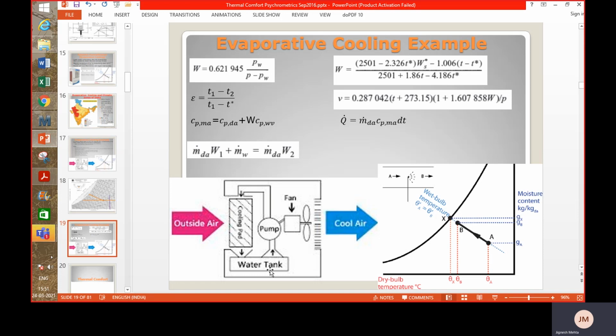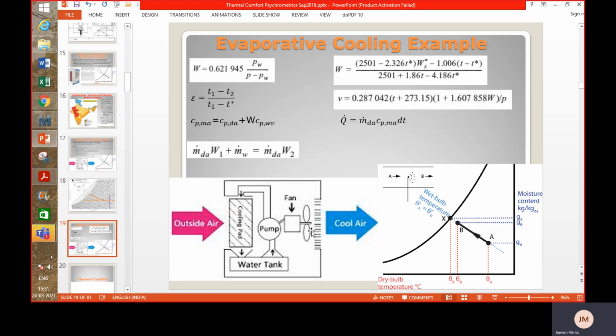Now, if you know the power consumption of the fan and pump, you can divide this sensible cooling rate by the power consumption, and that can provide you the energy efficiency ratio. That is how effectively you are utilizing electrical power for producing cooling, and that can be an important criterion even for choosing an evaporative cooler or desert cooler. As we become more and more conscious about energy consumption, we focus upon this type of performance parameters, right?